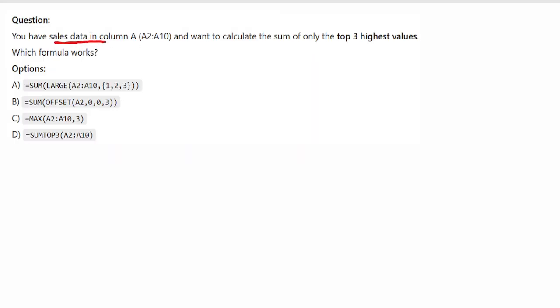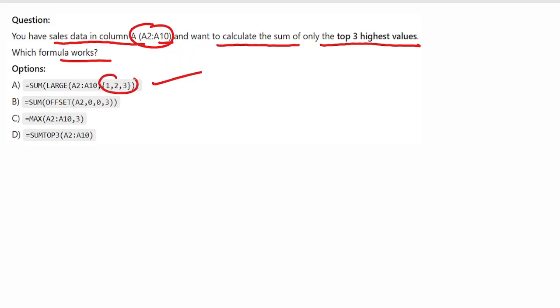You have sales data in A2 to A10 and want to calculate the sum of only the top three highest values. Which formula works? So the formula that works for the top three highest values is option A, which is equal to SUM(LARGE(A2:A10,{1,2,3})), because {1,2,3} is used for the top three highest values. The LARGE function returns the nth largest value, here 1, 2, 3.